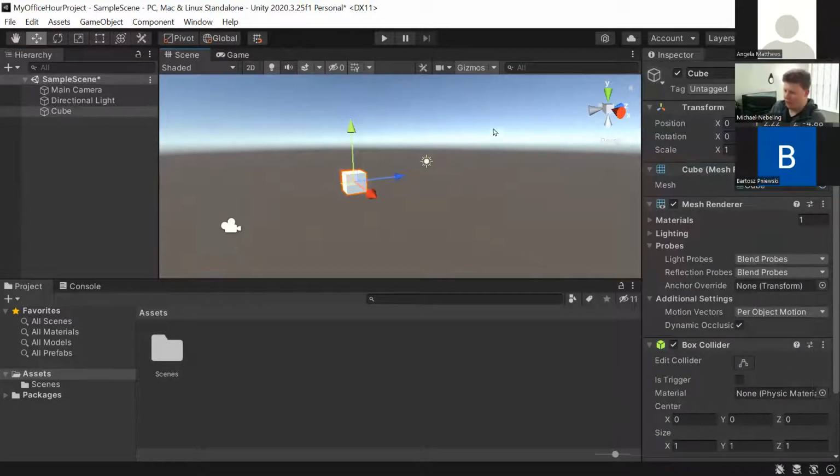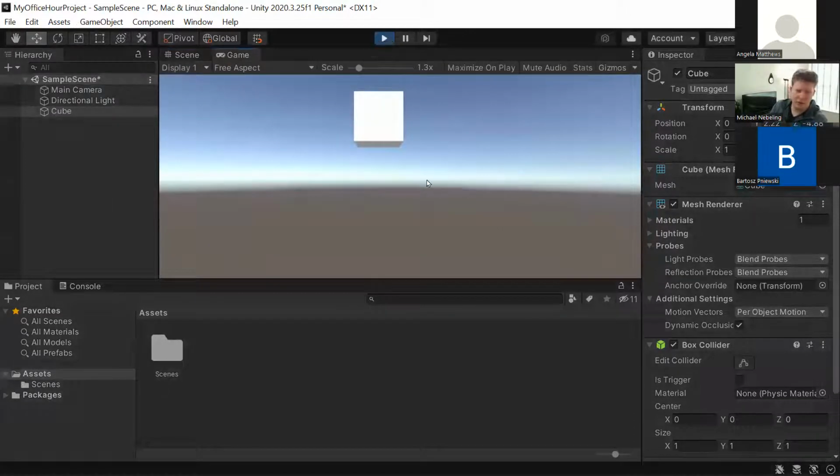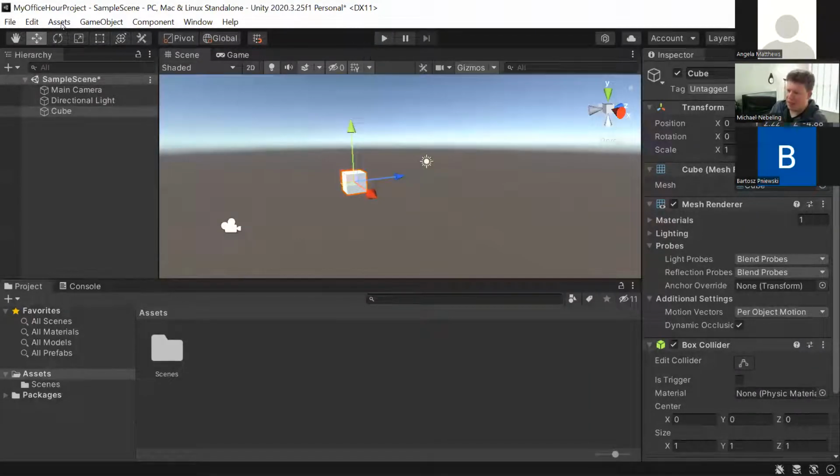And I'll show you the project in a second. So this would be my new project. And so when you press play now, it's just a 3D project. You're just looking at it like that. It's nothing special. And then if I were to use the VR template, I could actually connect my headset and